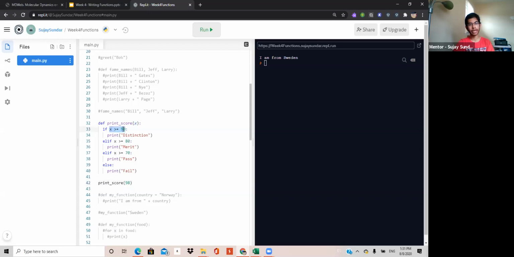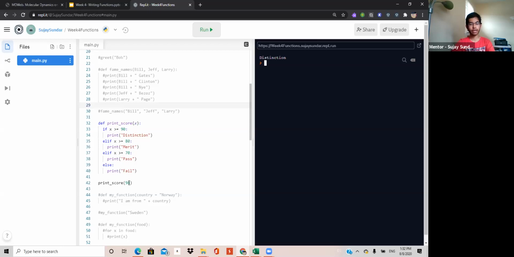If x is greater than or equal to the integer 90, we put it in a string. So we can write an integer in this value right here. And when we run the statement, we get